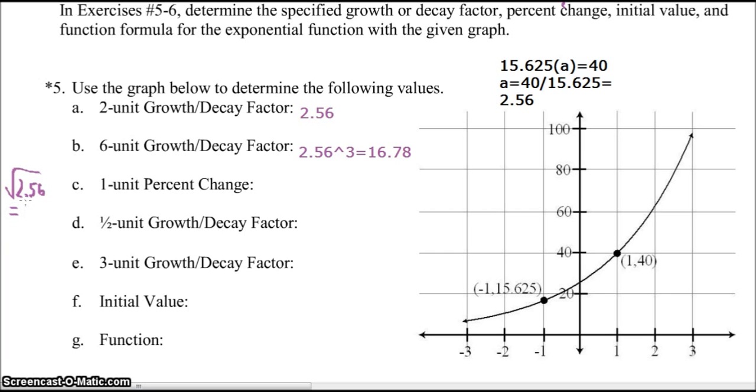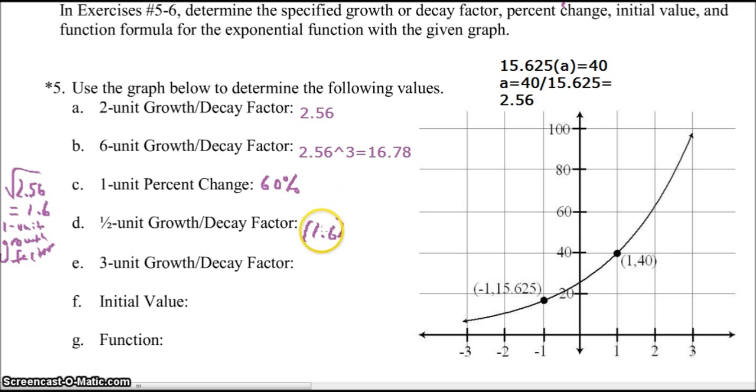2.56 to the 1/2 is 1.6. Now I'm just going to label that here, 1-unit growth factor, because that could be pretty useful. And so our percent change is 60%, 1.6 minus 1. The 1/2-unit growth or decay factor, we can just take the square root of the 1-unit